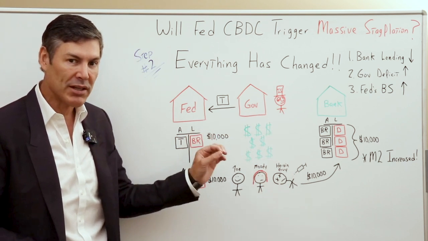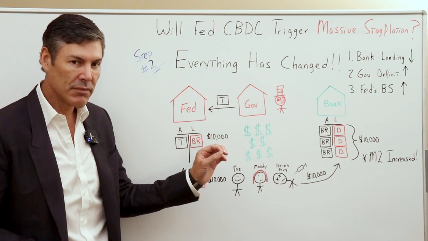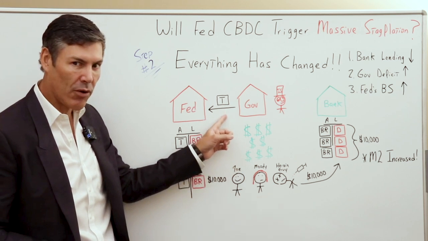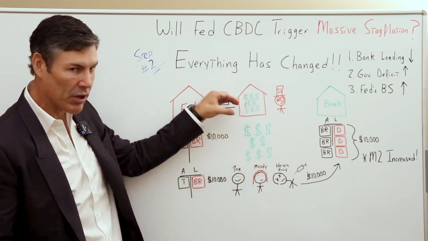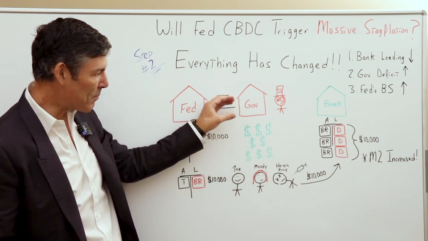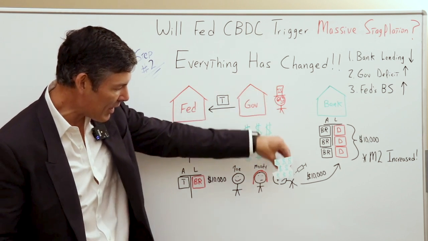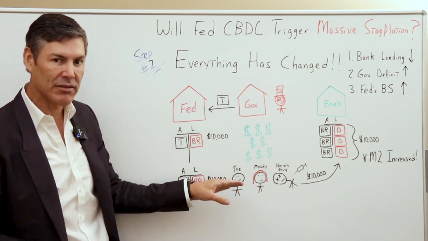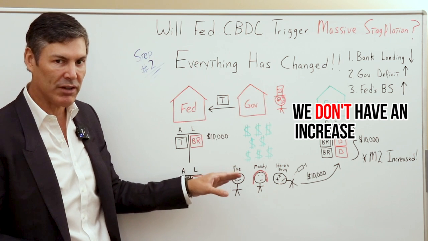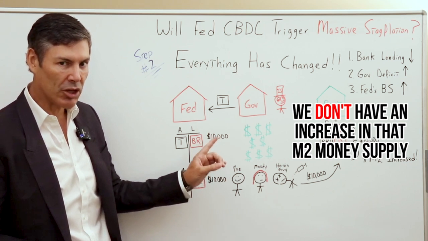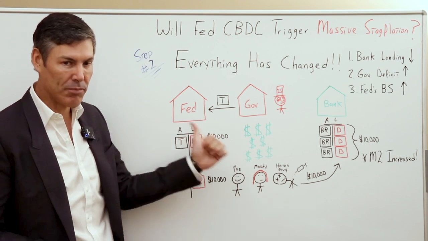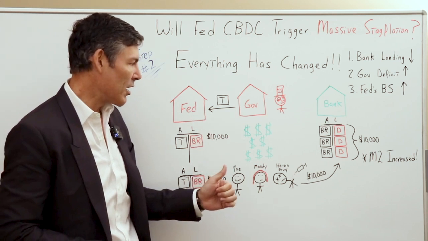So the main point here is when those treasuries are sold, they're sucking dollars out of the real economy, and then they're spending the same dollars right back in. So on net balance, we don't have an increase in that M2 money supply. It goes back to, the majority of it goes back to the commercial banking system as far as it going